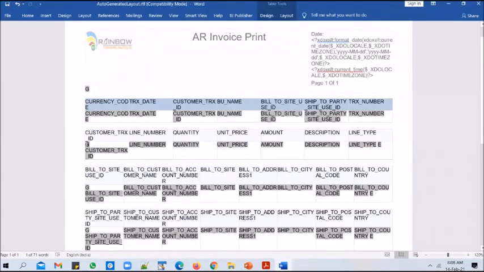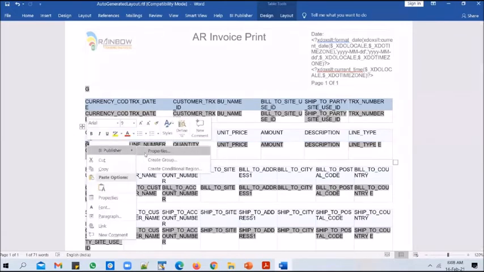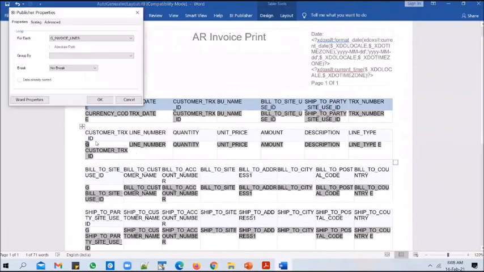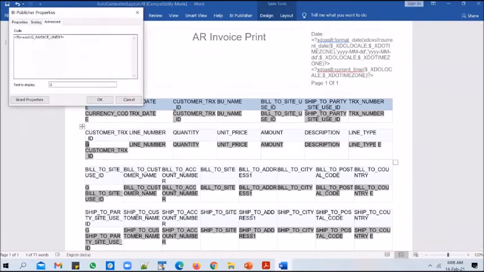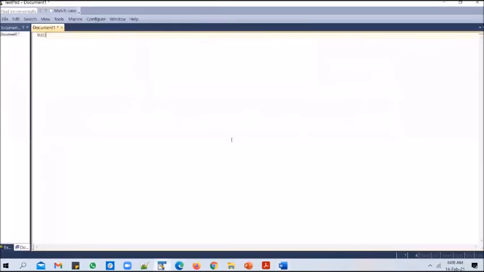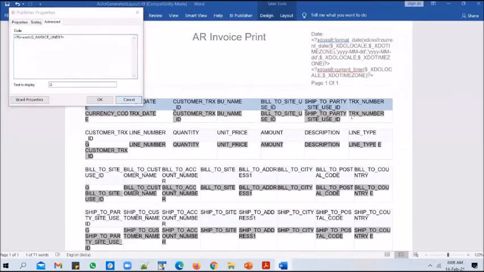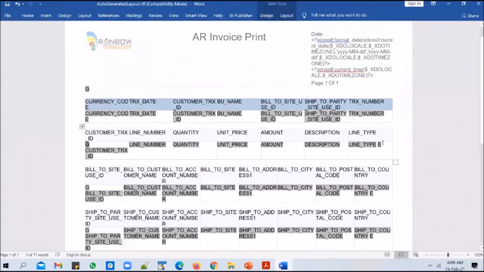But you have another special tag here called G, and you have another tag called E. So what are these tags? Let me open the tag and show you what the tag exactly is. Let me go to advanced. Let me copy the tag here, and let me copy the end tag as well.